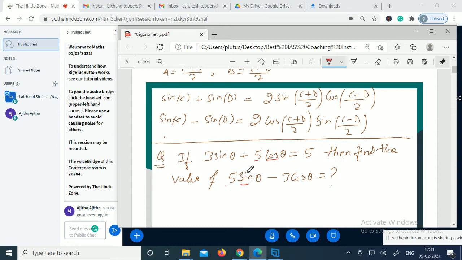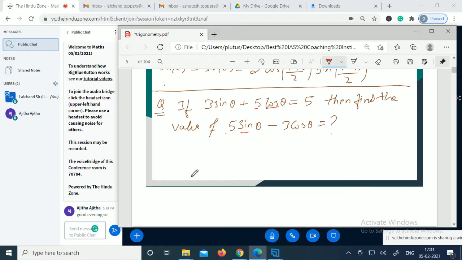Whenever we have this kind of thing, just square the original equation on both sides. If I square this equation, 9 sine square theta plus 25 cos square theta plus 2 into 3 into 5 sine theta cos theta,